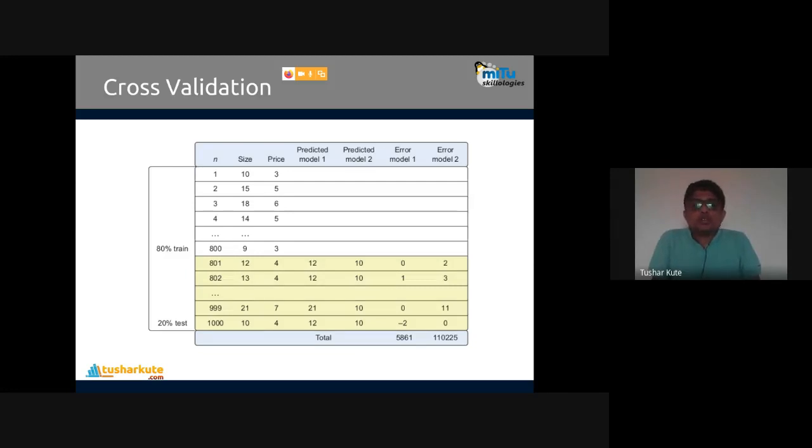So we are having a data set with us, with this number of entries. 80% of the data we will use to train the algorithm, to build the model, and the remaining 20% we will apply as unseen data. The model does not know that. We'll apply it and check whether it is working correctly or not. So diagnosis of the data modeling is done by this particular method of using the cross-validation technique.